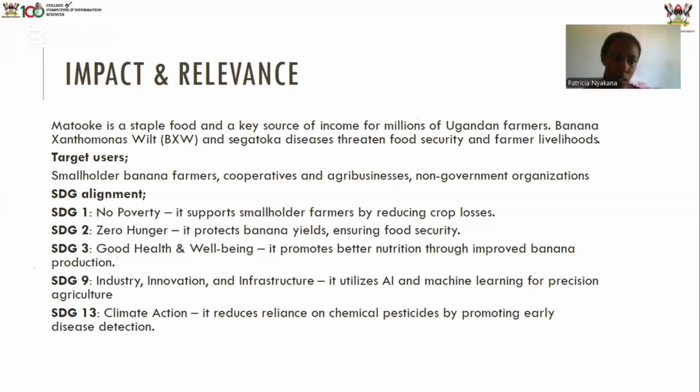Some of our target users are small-scale banana farmers, cooperatives, and agribusinesses that operate on a large scale, as well as non-government organizations that create the